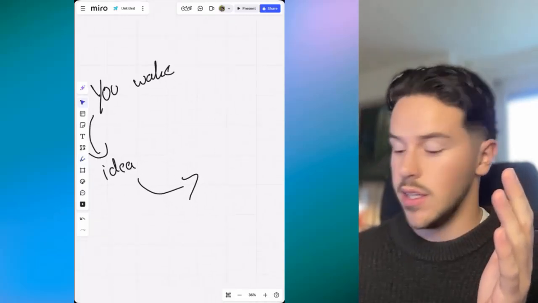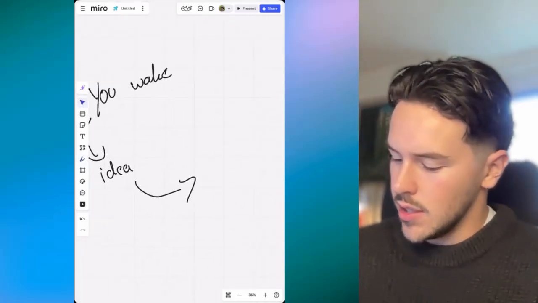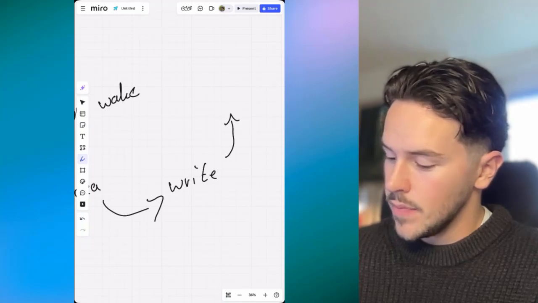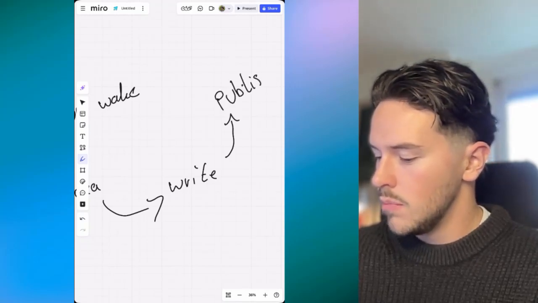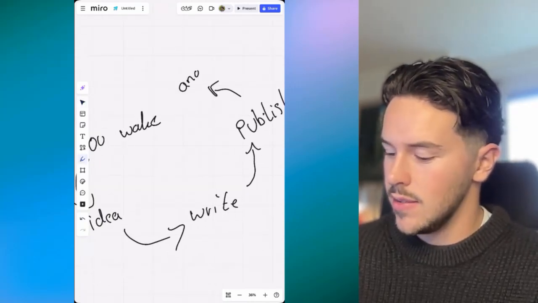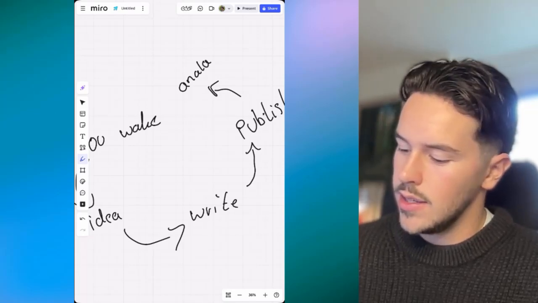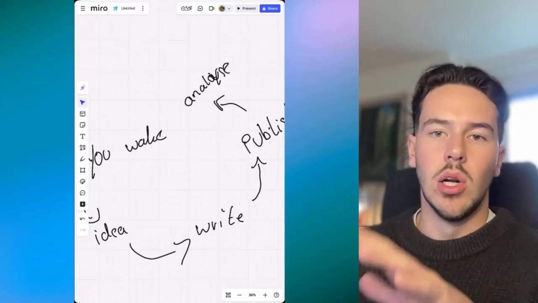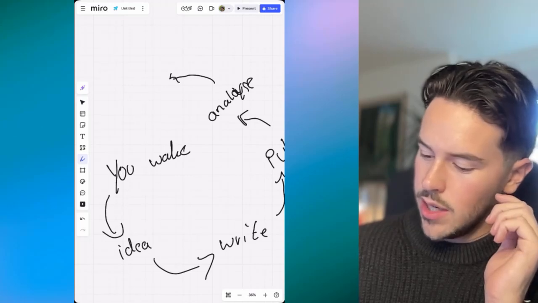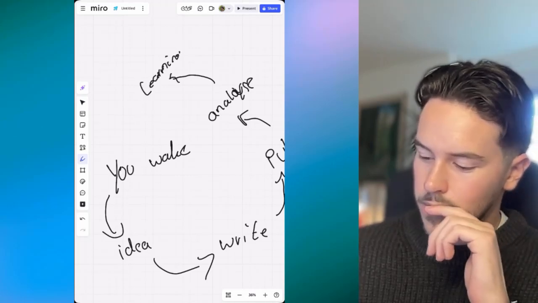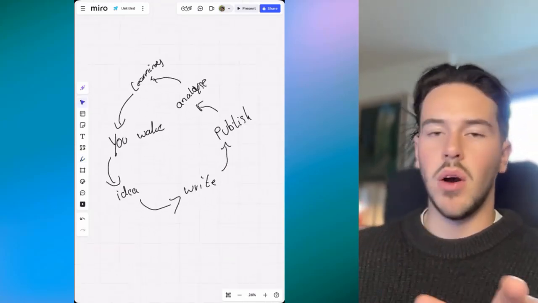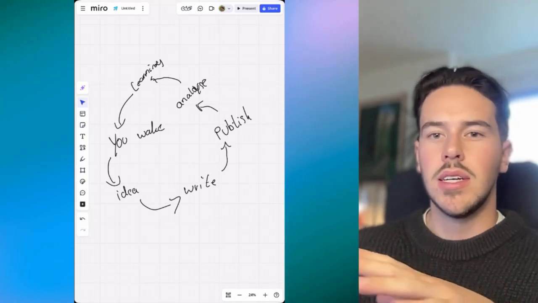Then if you got the idea, you need to actually write the piece. So that's another thing, like how do I write a good piece of content. Then you need to publish it. Publish. Maybe if some of you even do this, analyze it. Analyze. So that you can learn from it, so you see what goes good, what goes bad. You need to keep the learnings out of it. Learnings. And then probably the next day you go to sleep, you do it again.